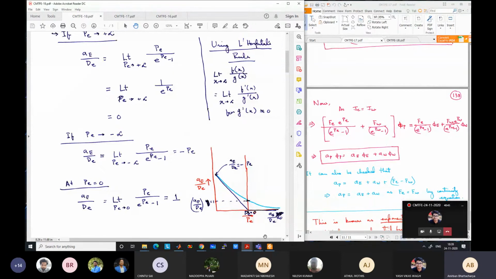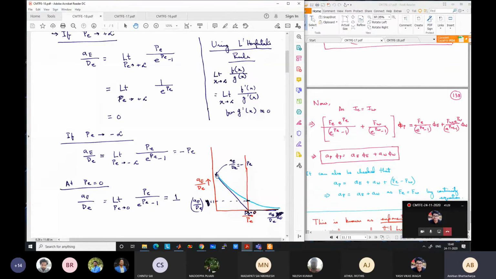So with these three values, understanding these three limits, we can understand tentatively, approximately, what the pattern of this curve is. It is shown here by this light blue line. This violet color line is the a by d equal to minus p line. So it's like a y is equal to minus x line. So slope is minus 1. Basically, its slope is 1 in the negative direction.